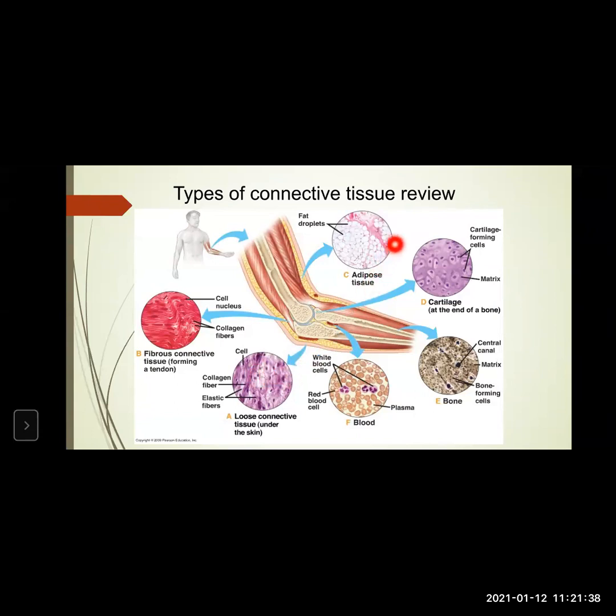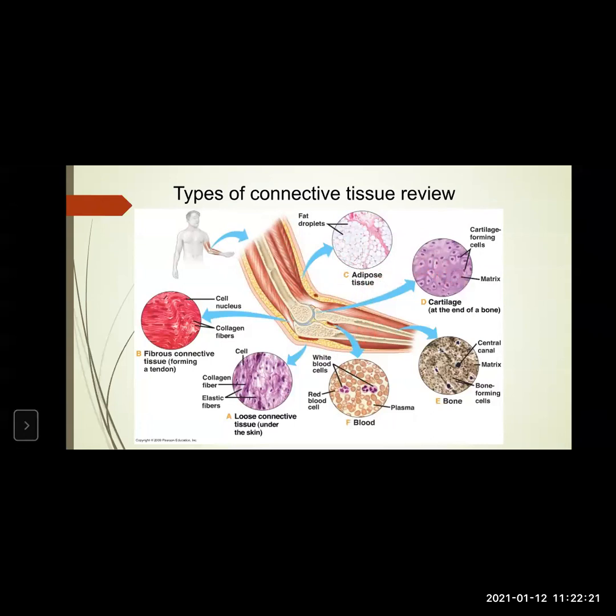Then we have studied about adipose tissue. Where is it present? It is present just below the skin. A layer of adipose tissue can be seen, and even around organs, like around the heart and the blood vessels. If fat gets deposited, it is adipose tissue. It forms layers. How? There are specialized cells which store fats. Due to storage of fats, it forms a thick layer below the skin.